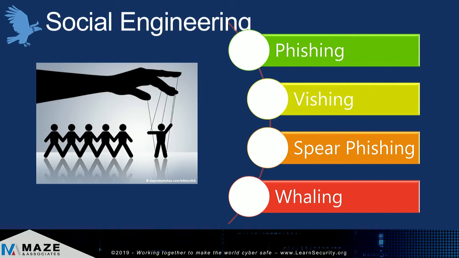And then another one we have is called whaling, and that's when they try to hit the big fish. So one of the ones that we've seen is they'll send email to like the CEO, CFO, and they'll pretend to be from the FBI, and they'll say, hey, your computer was engaged in a crime, and we don't think you were guilty, but we'd like to prove it, so, you know, call us back at this number, and then we'll send you a link, and we'll scan your computer to verify you weren't a part of the crime. Now, there's so many things wrong with that. People shouldn't fall for that, but people out of fear, one, the FBI is investigating them, so there's a little bit of fear there. But then also,